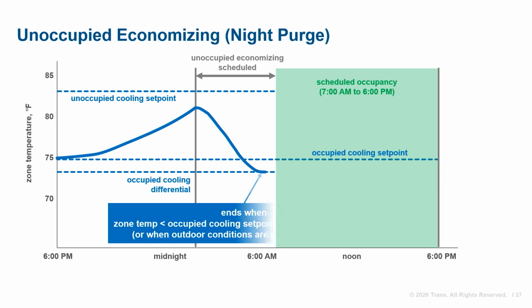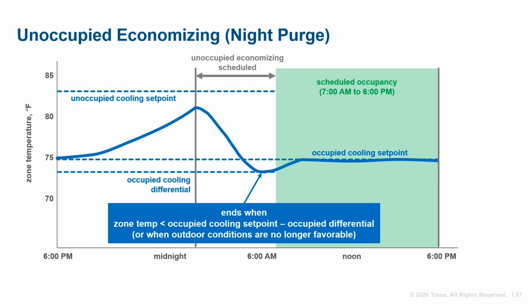However, if the outdoor air dry bulb temperature is cooler than the indoor temperature during these unoccupied hours, it is possible to use the outdoor air for free pre-cooling. This strategy, often called unoccupied economizing or night purge, can save energy by pre-cooling the building prior to the morning